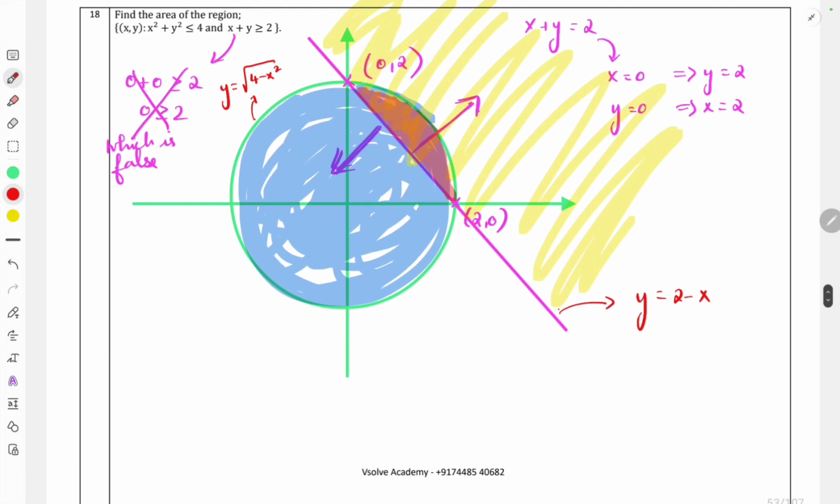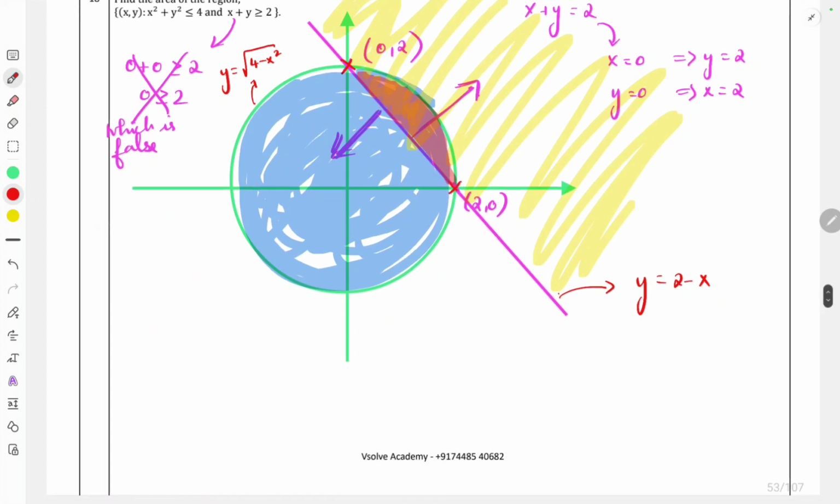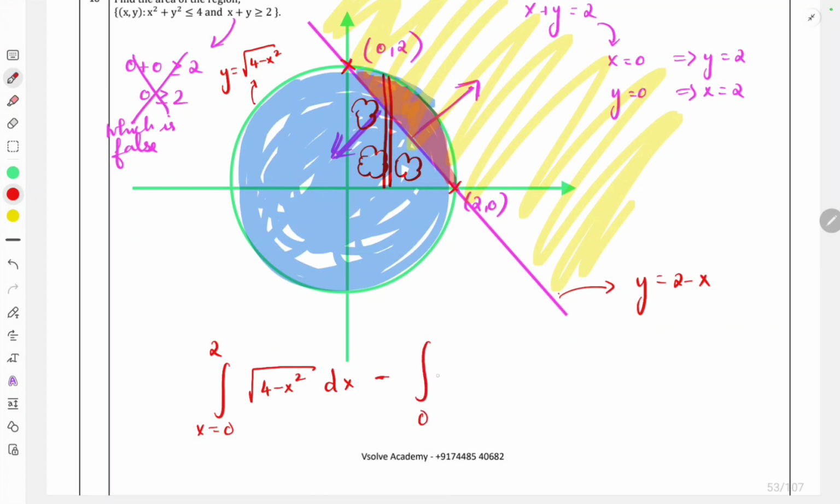Now I have to find the point of intersection after finding the region. So the point of intersection is already known, which is 0, 2 and 2, 0. I have to move this strip from x equal to 0 to 2, and first I will take the strip like this, which means it is touching the circle equation. So root of 4 minus x square dx. Now in this part, after calculating, we will get this area also, but this area we have to subtract. So it will be minus integration of 0 to 2 and the line equation, which is 2 minus x